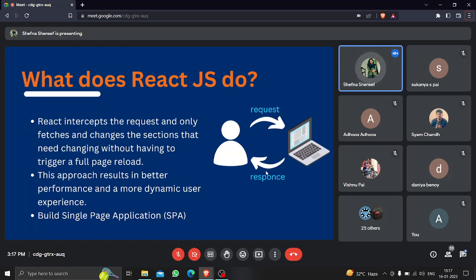So at that time, React.js. So what does React.js do? React intercepts the request and only fetches and changes the section that needs changing without having to trigger a full